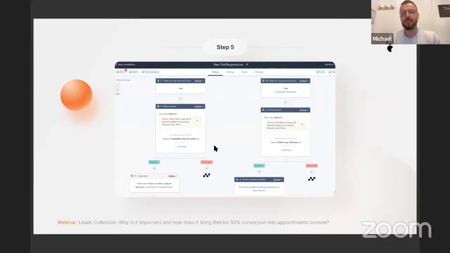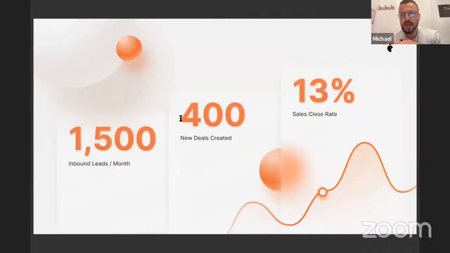And using this process, what we are doing right now, our numbers are, and we have multiple companies and multiple projects, but specifically for the agency, we are probably getting around 1,500 leads month over month. We are getting about 400 new deals created, 400 new opportunities with a closing rate of 30%. And these numbers are being processed only by two BDRs, and obviously sales execs that are taking calls. But 1,500 leads are being processed by two BDRs. Can you imagine this? It's not 100, it's not 200, it's 1,500 leads with